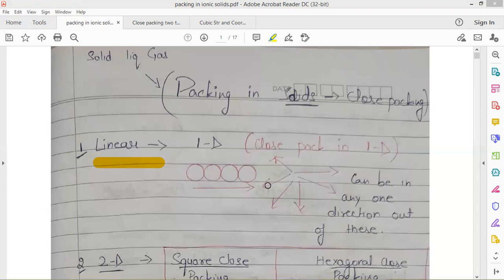So the first case is that of linear packing. This is a one-dimensional packing system in which spheres are placed by joining to each other along the diameter in a single line. So this is how we are going to pack in the linear system.